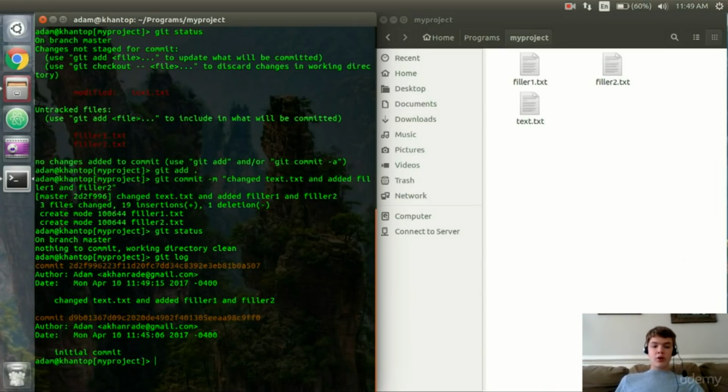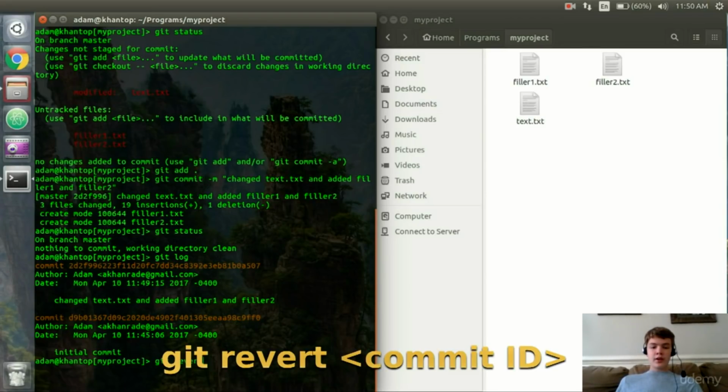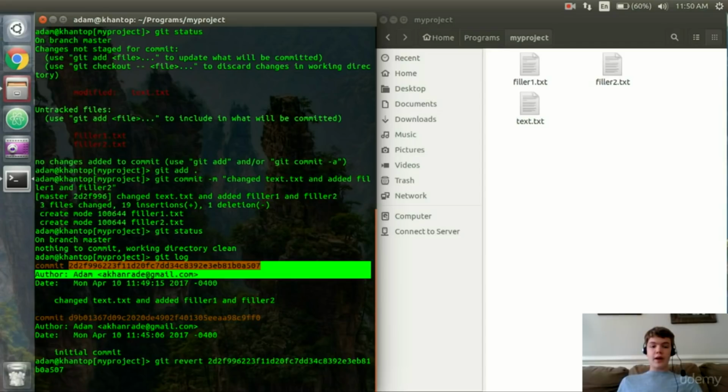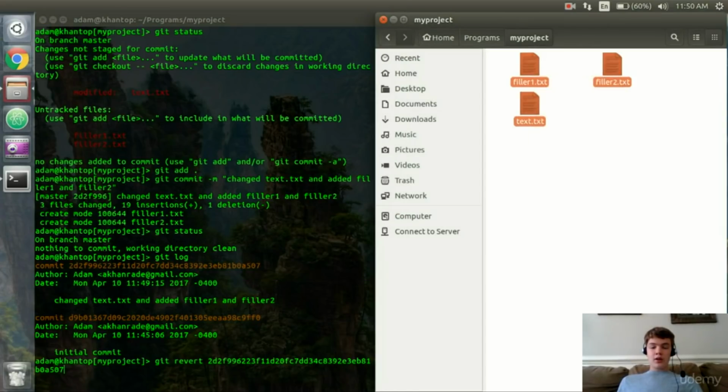So what we're going to do is copy this long commit ID for the commit that we just made. We'll copy that. See right there? And then we'll do git revert, and then we will just paste in that long commit ID. And what this is basically doing is getting rid of all the stuff that we did in that commit. Okay? So now if I press enter,